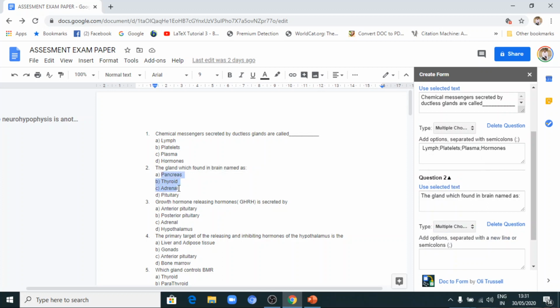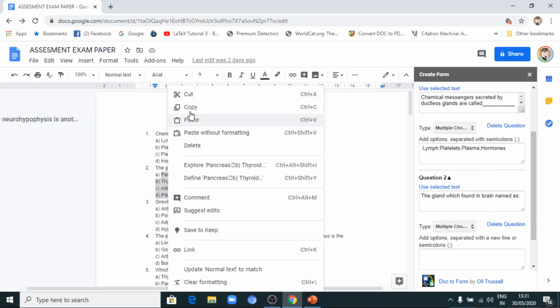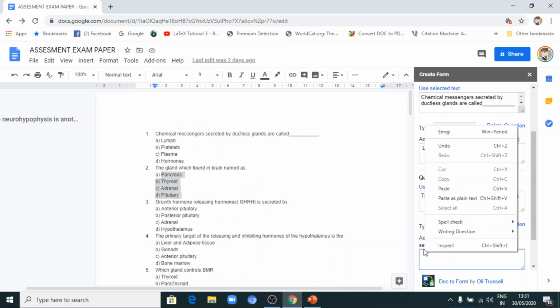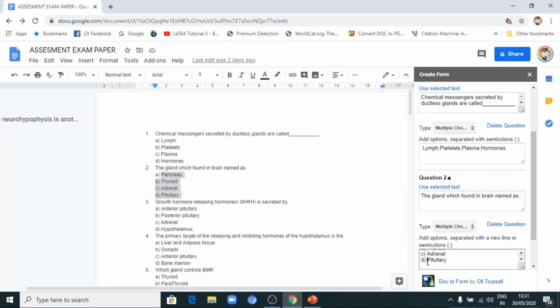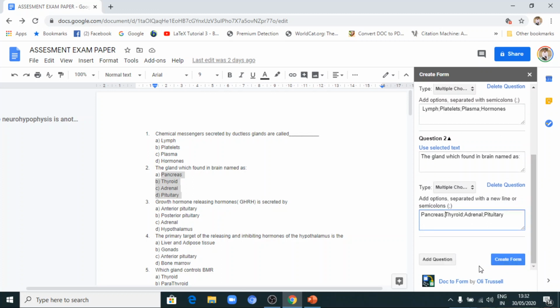Then select your answers, copy, then paste. Again, semicolon, semicolon, and semicolon.